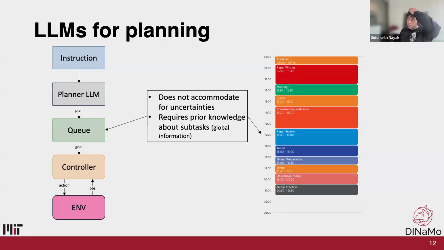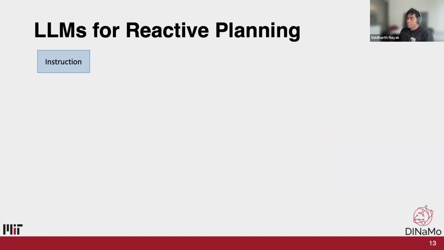And it also requires you knowing all of the subtasks a priori before even planning, which might not be possible in a lot of scenarios where you don't really know how the environment looks before. So a way to mitigate this is basically doing reactive planning, where based on this human instruction, there's an actual language model,